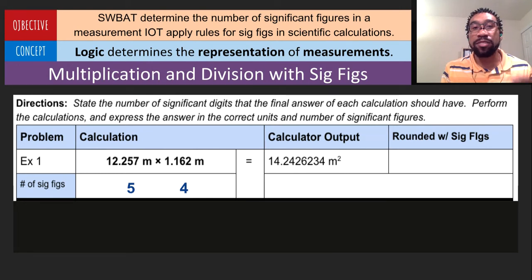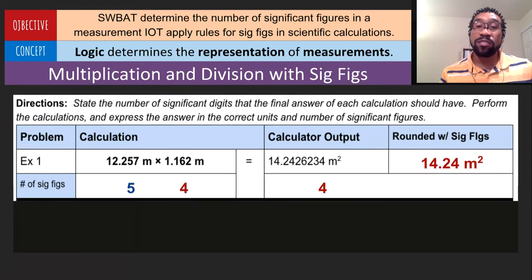I'm just talking about an average, everyday, ordinary number that you're not familiar with. Okay. So let's take this calculator number and put it into something reasonable that our brains can actually process. So we got 14.2426234 meters squared, because the meters multiply, dimensional analysis, you get meters squared. Okay. And so that means the final answer needs to have 4 sig figs because our worst measurement is